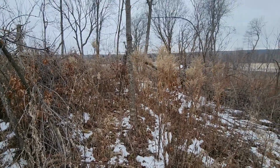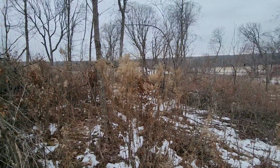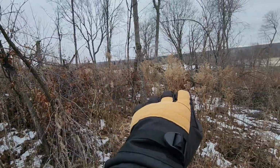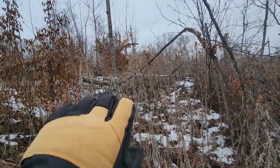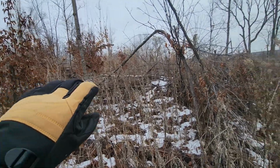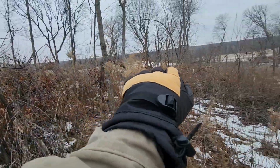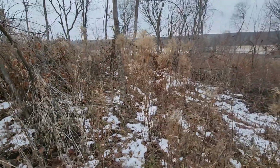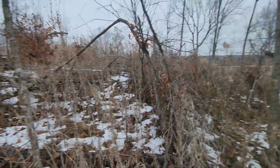All right, we'll start with what's probably my favorite one, and that's benches on ridgelines. So you can see my hill goes up right here. What happens is it comes down and makes a little bit of a flat bench right here. Now, I'm not in big hill country, so sometimes these benches are really pronounced if you're in hill country. Here it's not super pronounced, but what happens is I've got my hilltop up there, it comes down, and then it flattens out and keeps dropping down into the valley below. Benches, especially southerly facing benches, may be the best terrain feature to look for when it comes to cutting in